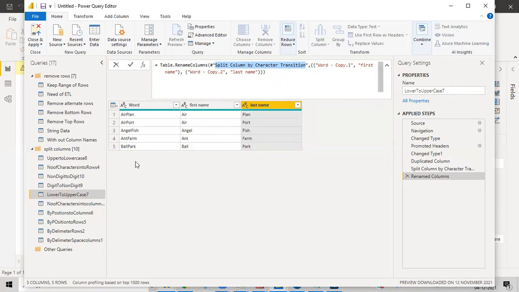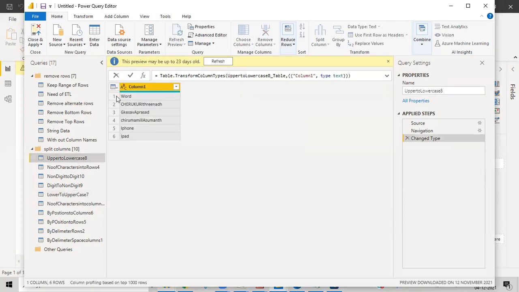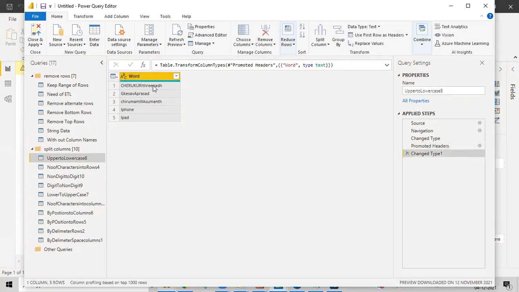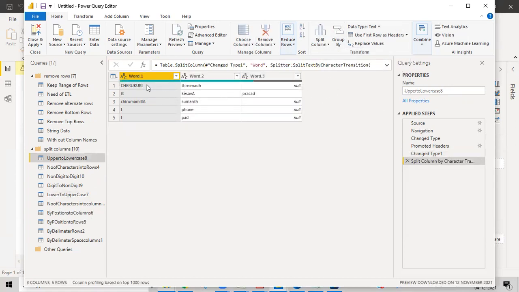And then coming to here, we have done this with columns, and then upper to lower. So let me do this. Again, my first row is my header, and then I converted this. Whenever I convert from upper to lower, I just need to convert this. So obviously I'll go with that option, upper to lower, and every occurrence of upper to lower created a column. There are no special things over here. That's it. And then we do have digit to non-digit.